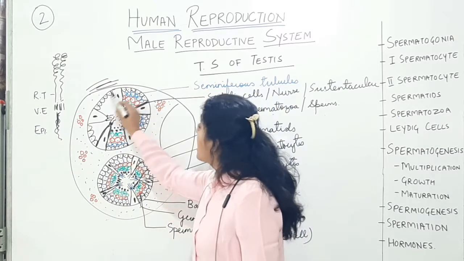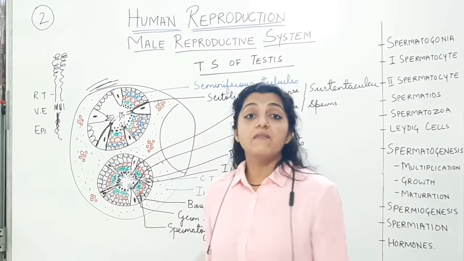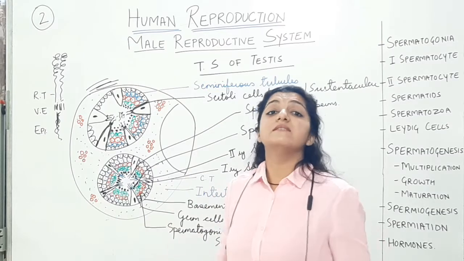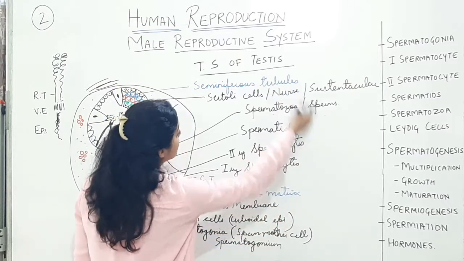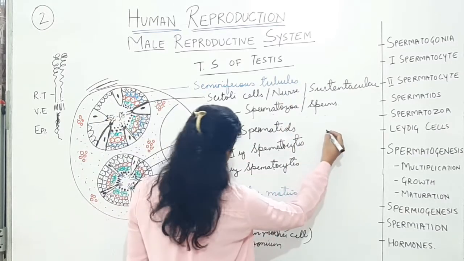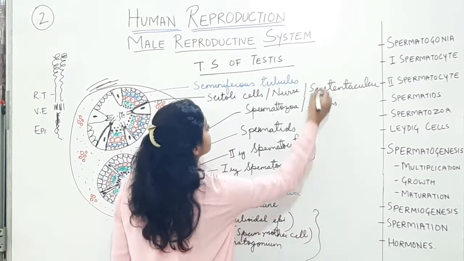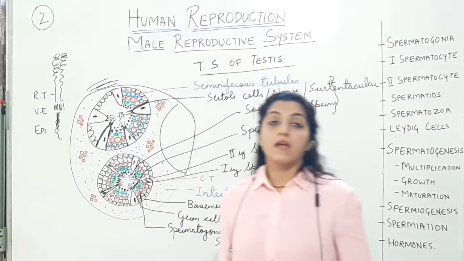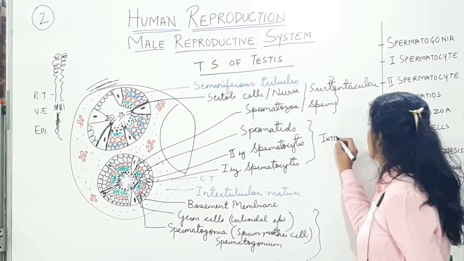And all the cells inside the seminiferous tubule will be called intratubular cells. Intratubular means inside the tubule. So now all these cells that we have discussed will be intratubular cells. These as well as these as well as the Sertoli cells. Okay, all these cells that we have discussed now will be intratubular,